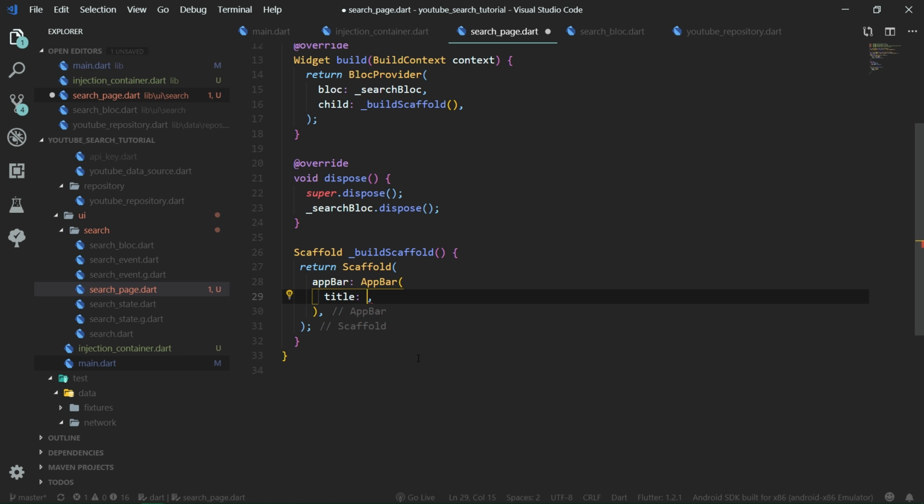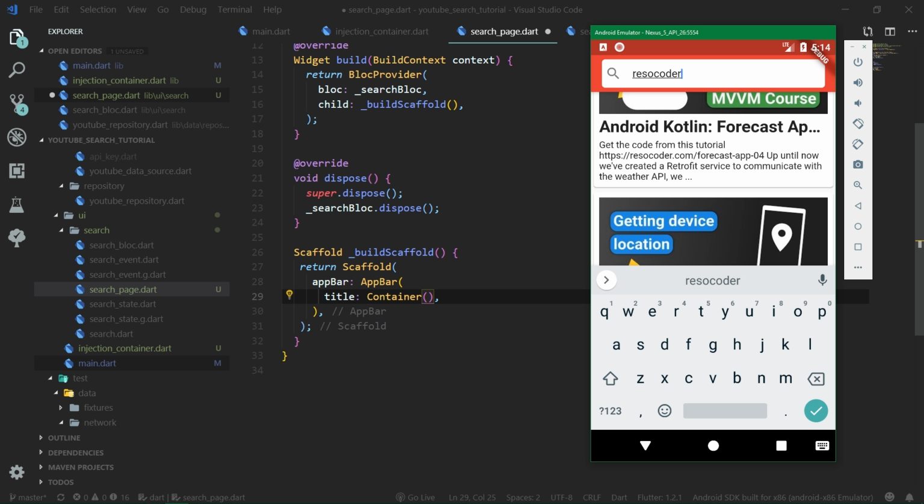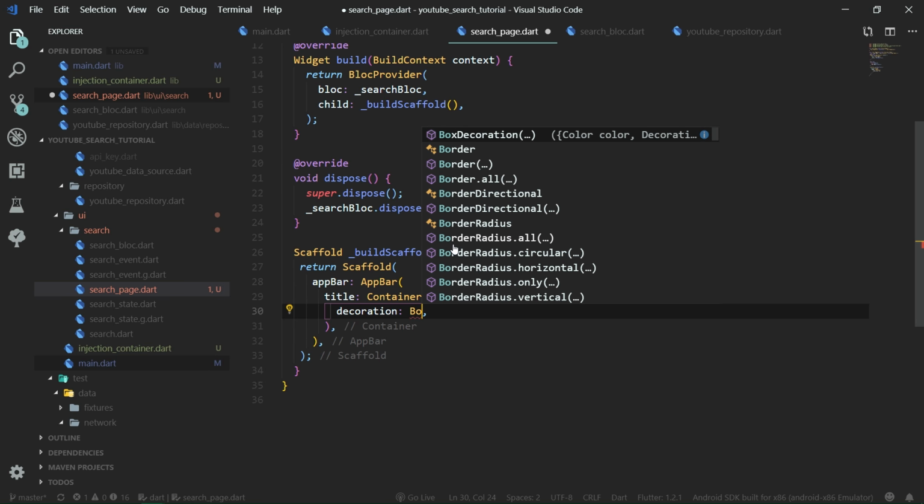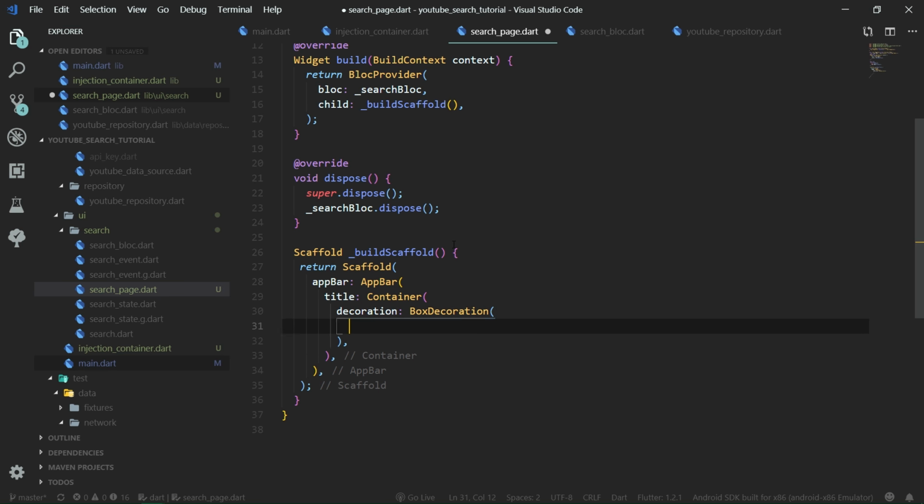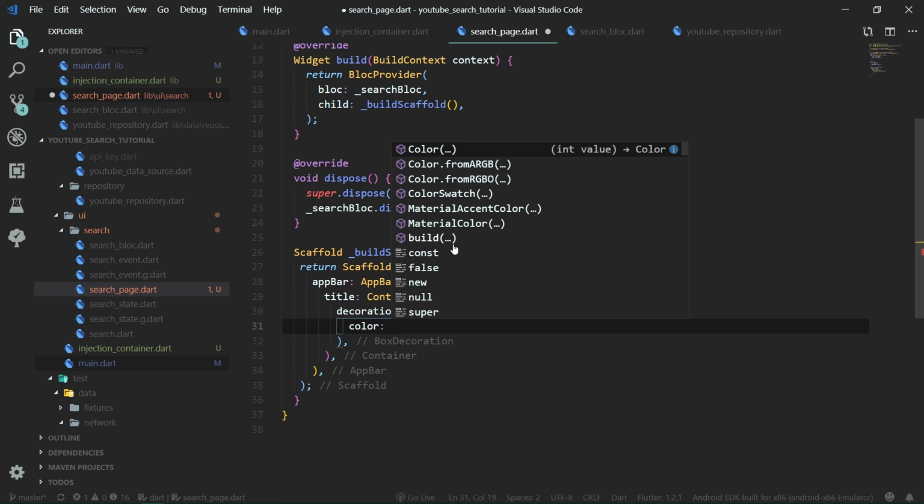So it's gonna be a container. We want it to have rounded corners, like you can see right now. And rounded corners can be done through a decoration of the container. It's gonna be a box decoration. Also, its background will be white, so we can set color to be